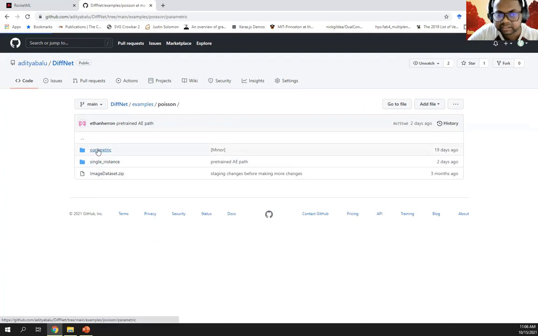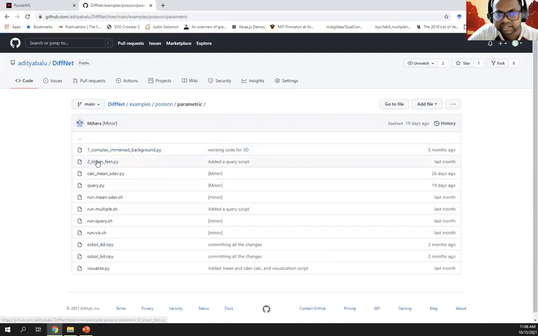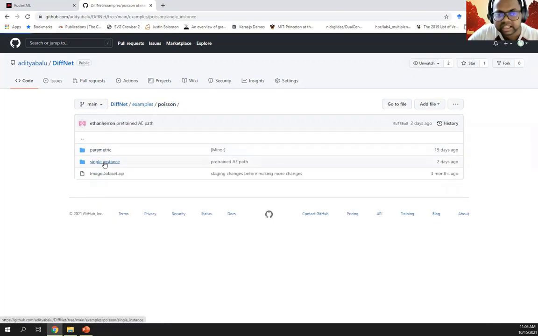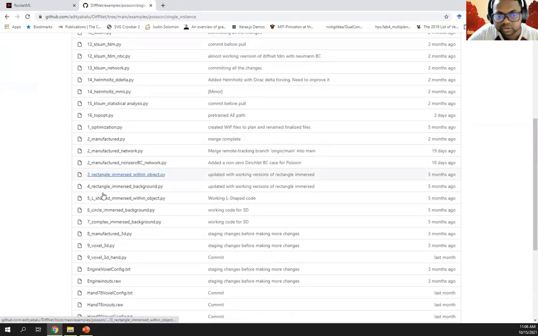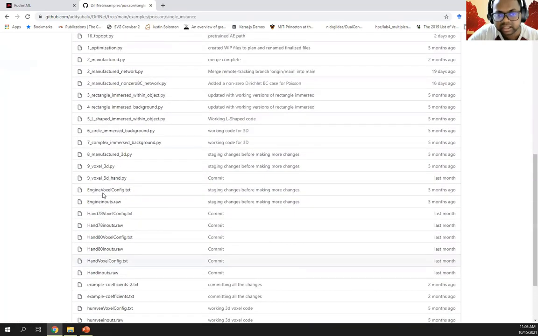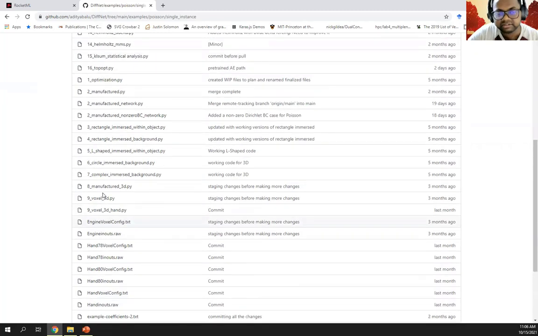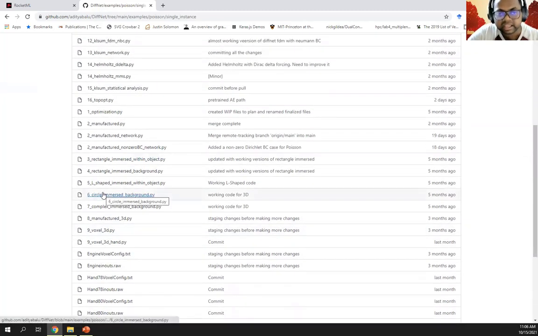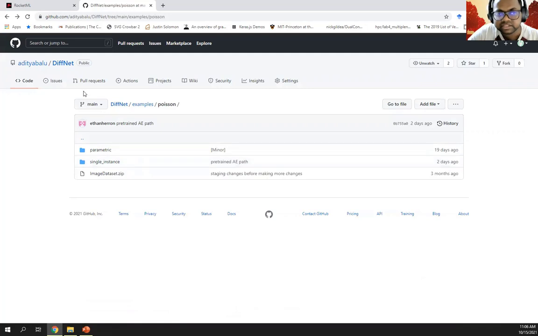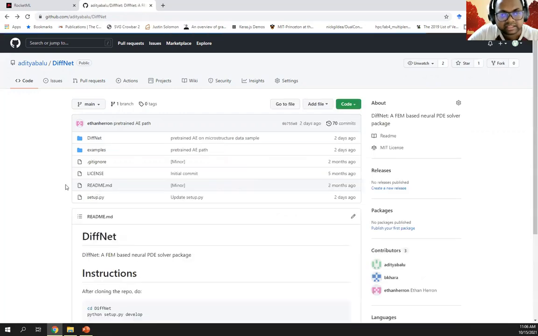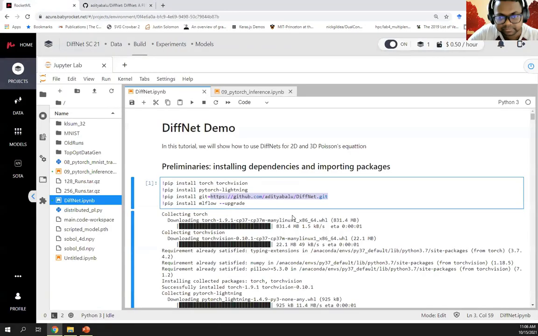In this case, we have several examples shown here for KL-sum computations or different examples other than that. Same way in single instances, we have a whole host of other examples we could use to define the network and define the training. Remember that you can use DiffNet either using a neural network or, in a single instance case, without a neural network as well, in which case it is just a gradient-based optimization for obtaining the solution. This is the DiffNet package we would be using.